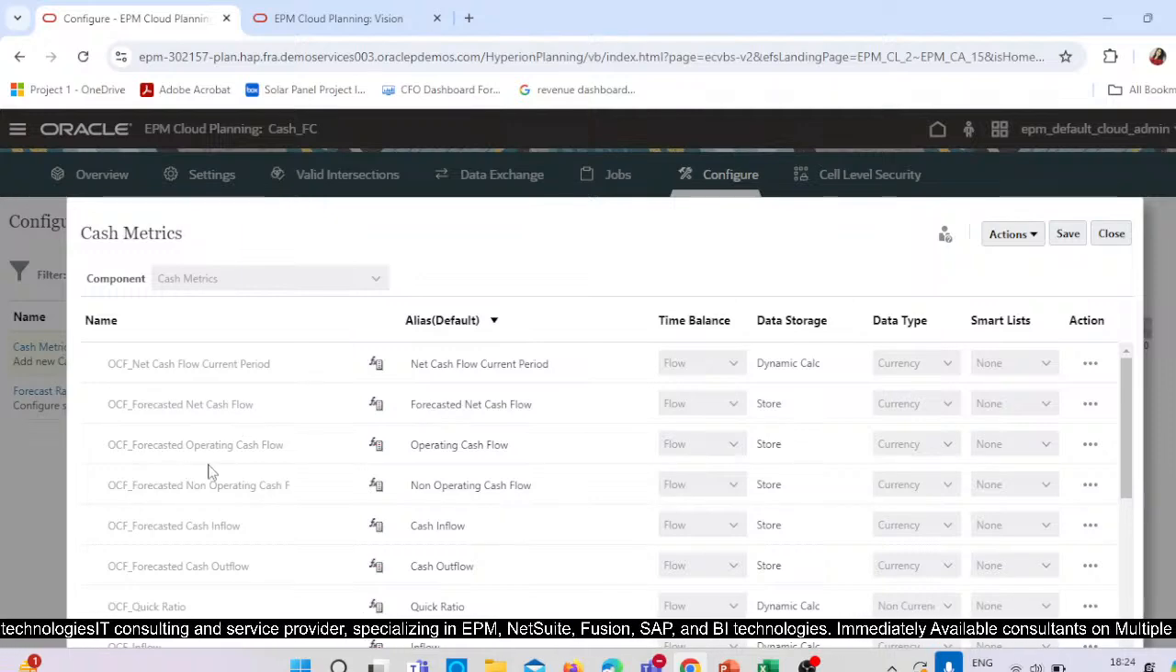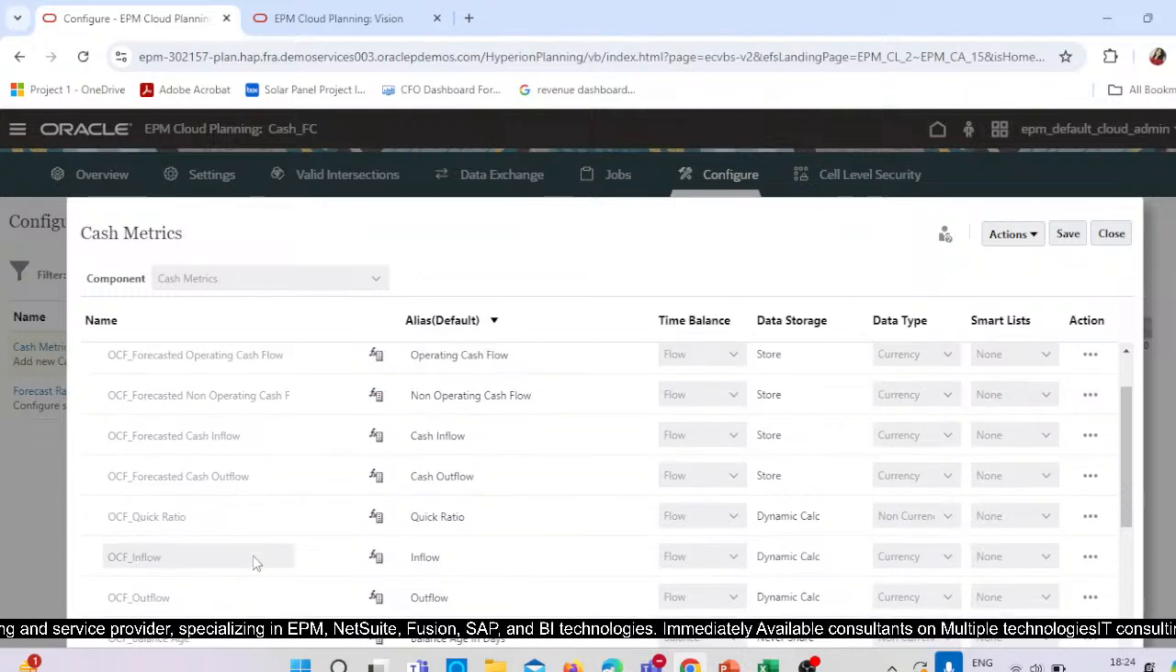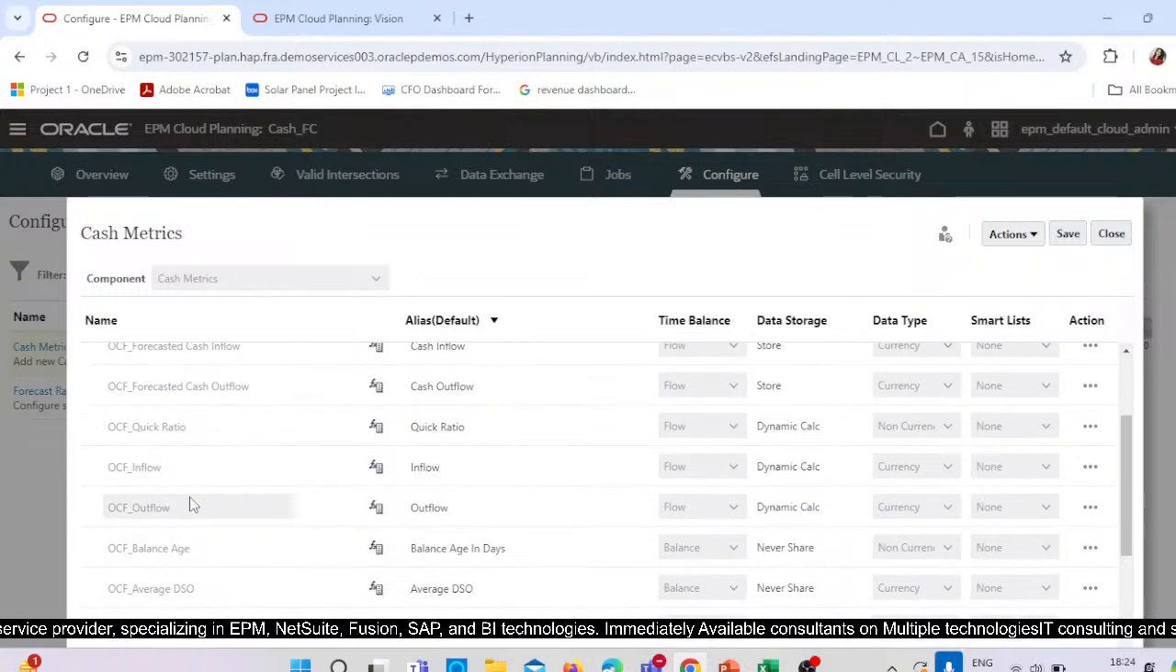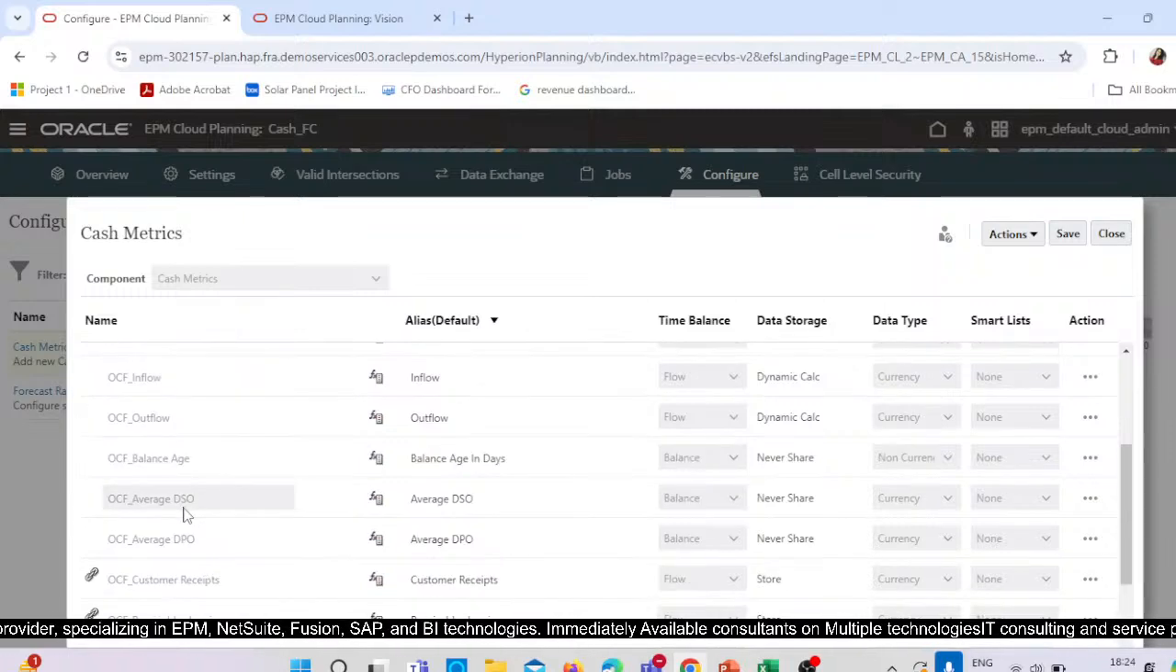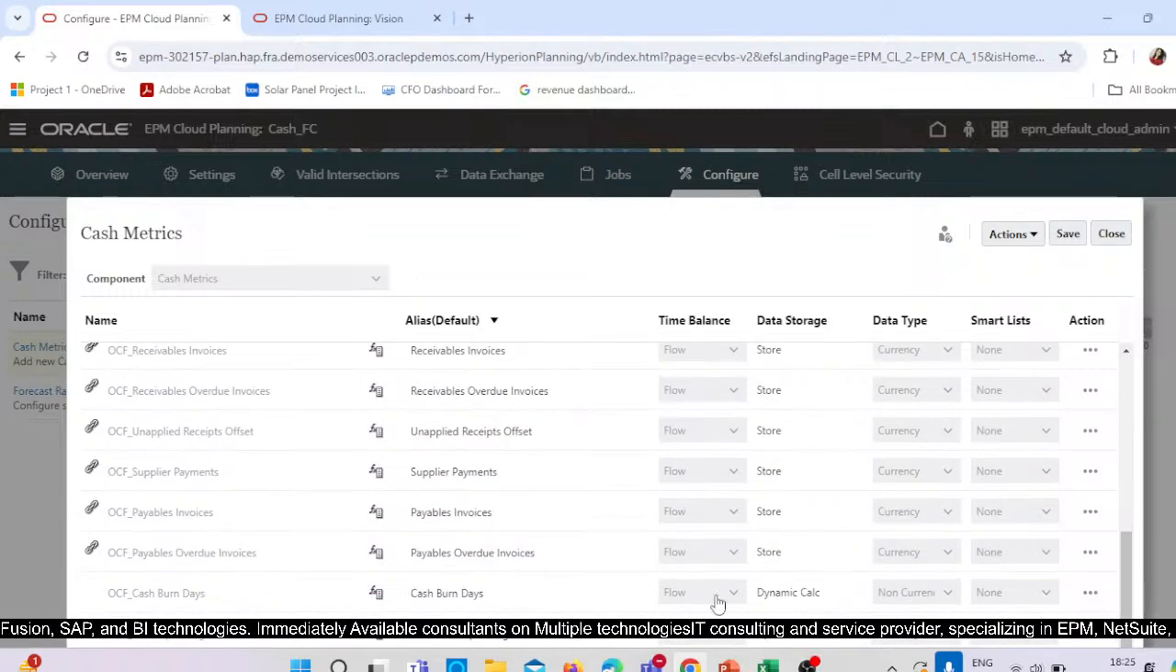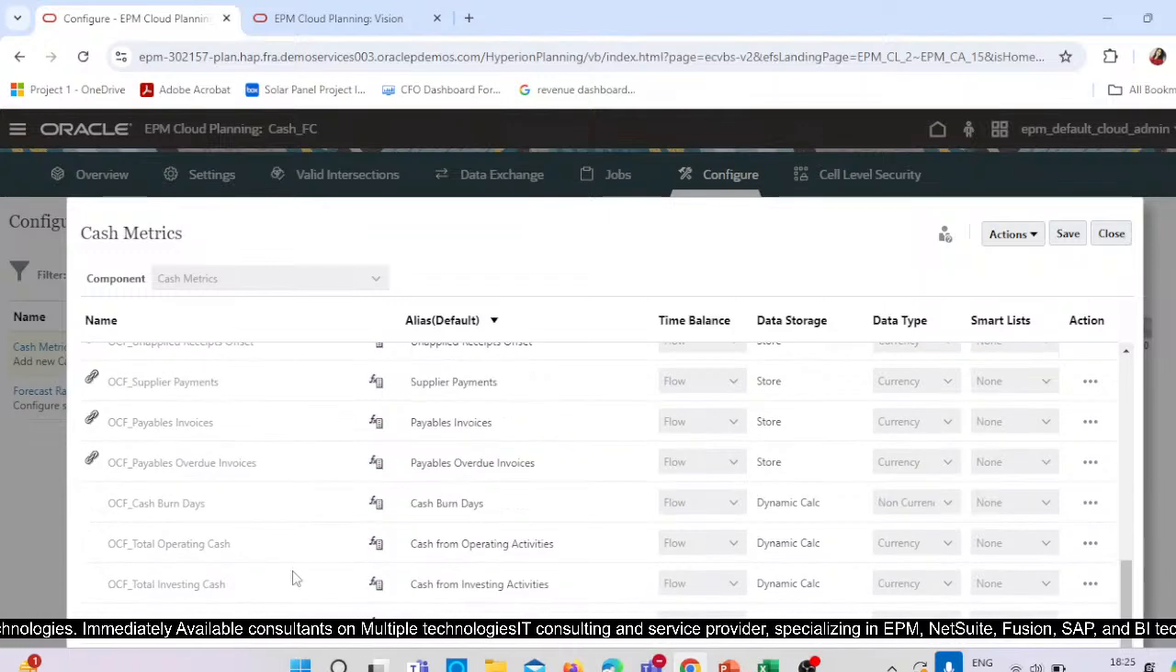then forecasted operating cash flow, then we have forecasted non-operating cash flow, forecasted cash flow outflow, quick ratio, inflow outflow, balance age, average DSO, average TPO, right? Then we have customer receipts and receivables invoices. Then after that we have some payables, overdue invoice, receivables, overdue invoices, unapplied receipts, offset, then total operating cash, investing